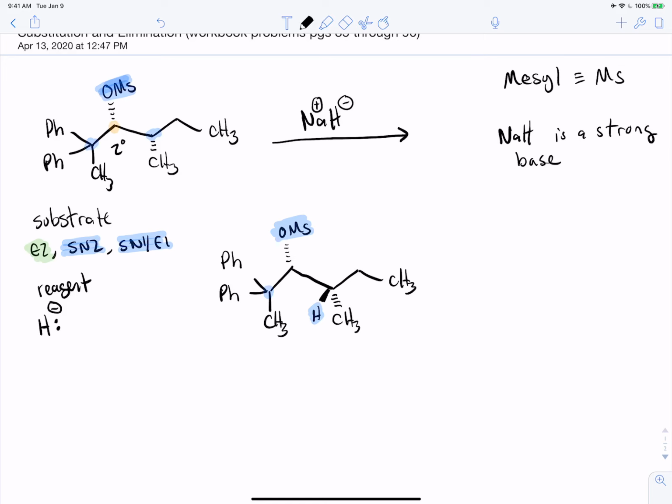visualization. I am going to start by, so I'm just looking at conformational analysis here. I am going to put the mesylate group, there's probably a bunch of ways that you could think about this. Whatever way you do it is fine. So I'm imagining taking and rotating the mesylate group towards me out of my iPad. So as I do that,